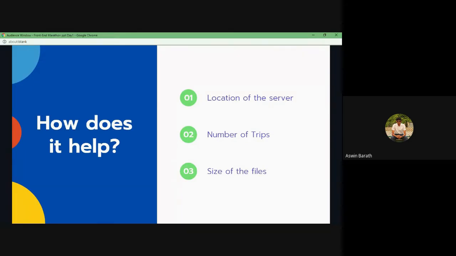So if the number of trips increases, again the website will start to go slow and lag in between.